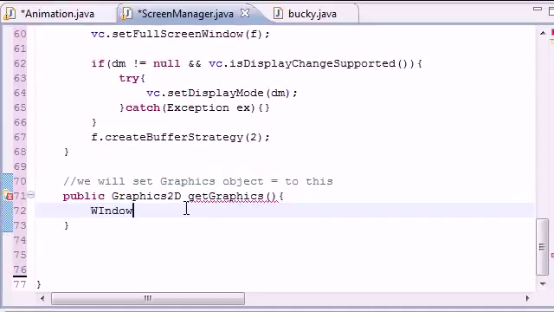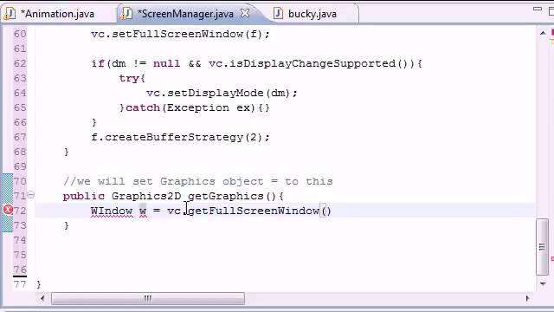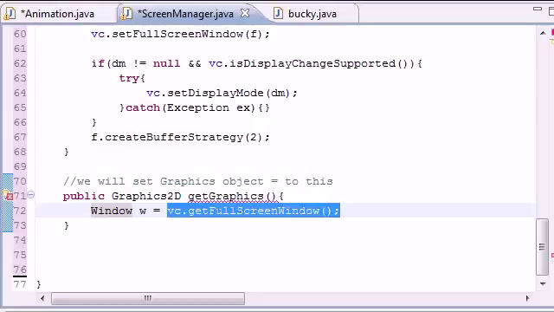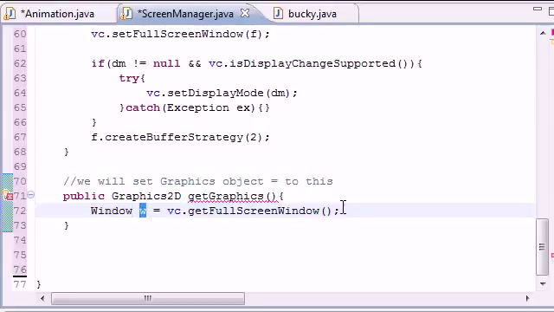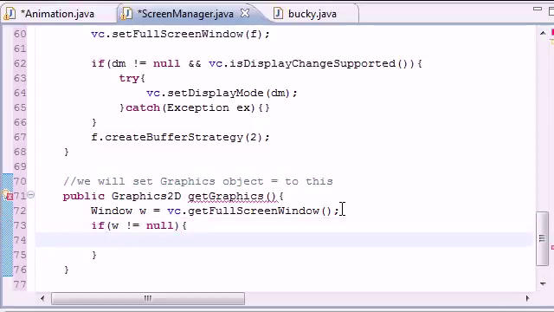So let's go ahead and get that window. Window W equals vc.getFullScreenWindow, and what this does is, if I type that correctly, it stores your entire thing that's on your full screen into the object or variable W. How awesome. So now we can do things like test things on W. So if W is not equal to null, so if actually you have something you're looking at, what do we want to do? We need to get